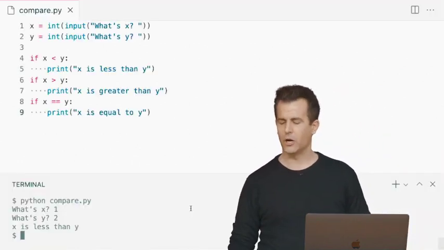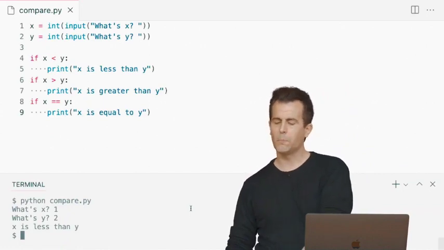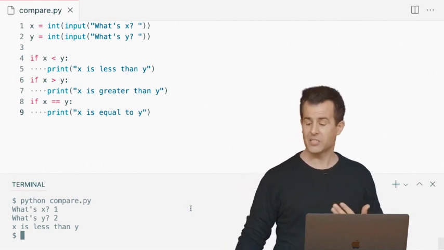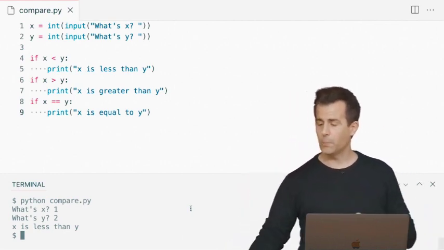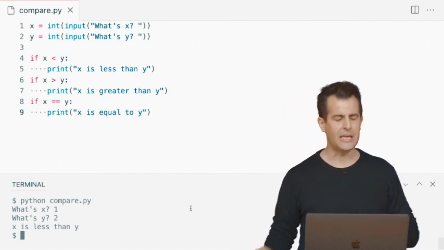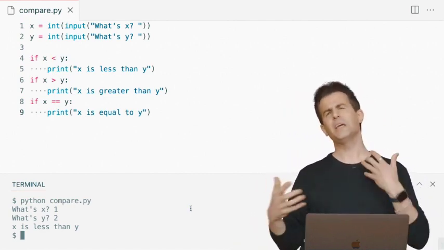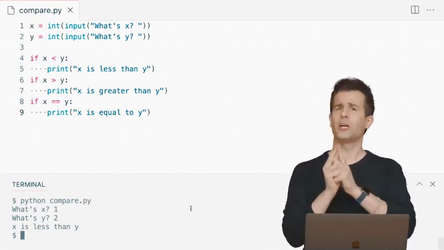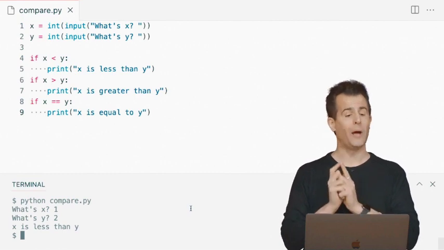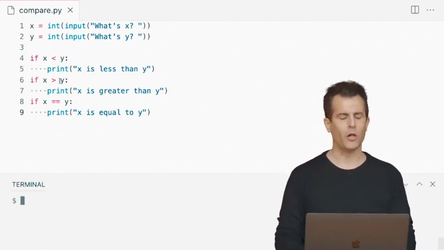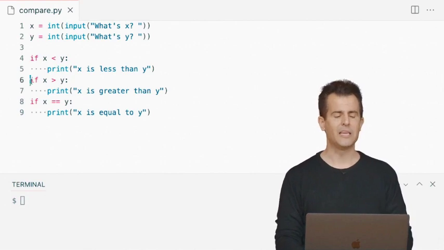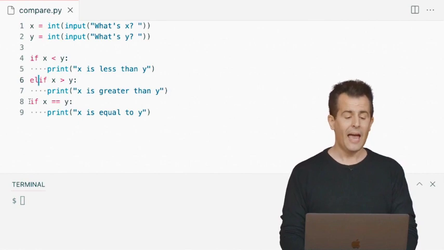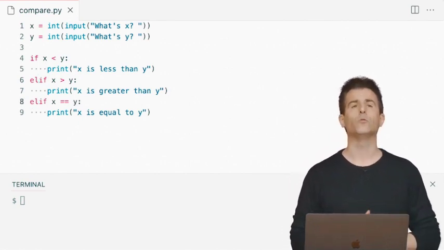Well, let me go back to my code here, and let me propose that we now improve upon this by asking ourselves, ultimately, how can we ask fewer questions? And let me propose that instead of asking if, let's make these conditions potentially mutually exclusive. That is to say, don't keep answering questions once we get back a true answer. So I'm going to change my code up here as follows. Instead of asking if, I'm going to say if x less than y, elif x greater than y, elif x equals y.